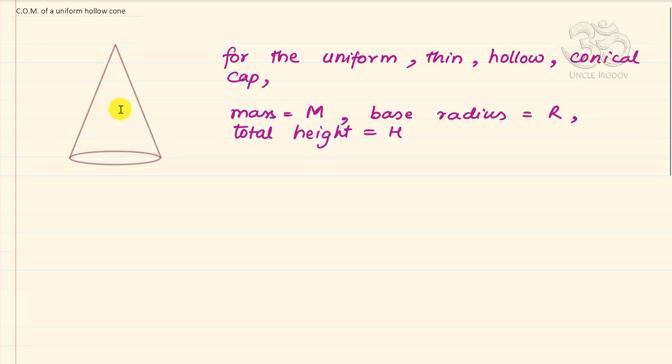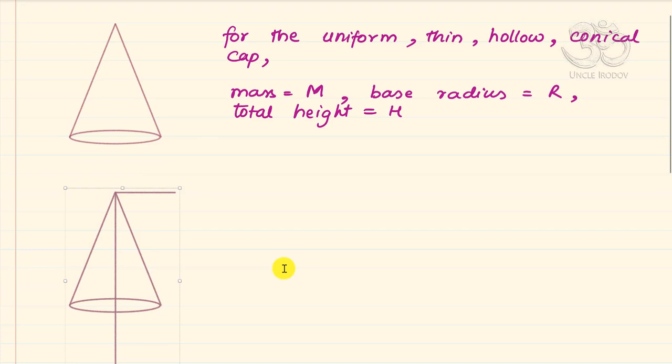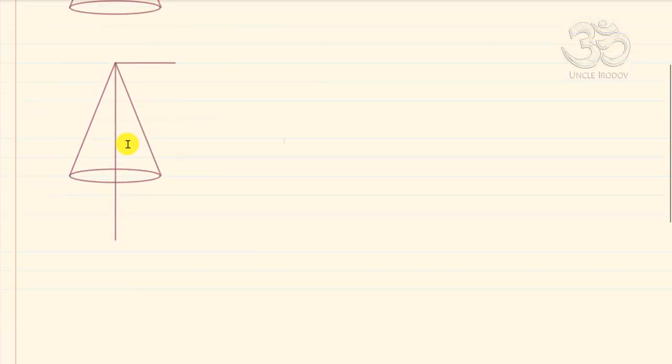So for that, let's take a different figure. Let us introduce an axis system here. So let's take a figure of this kind for this particular problem, where to the right hand side I'm taking the x-axis. It doesn't really make a difference because I'm not interested in that. And vertically downwards I have taken my y-axis, and I'm doing so because I want to measure all the distances from this apex here, and I want the distances to be measured in the downward direction. And then the location of the center of mass which I will get will also be with respect to the apex.